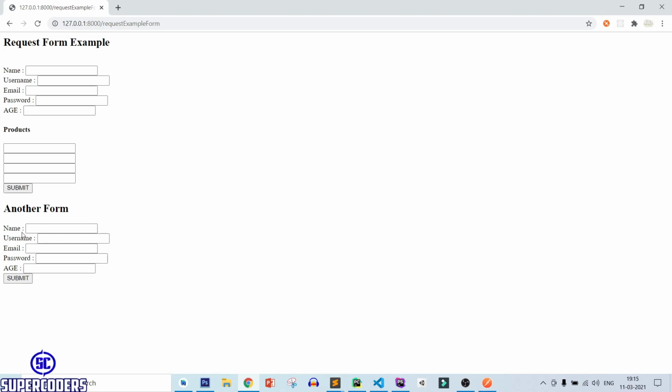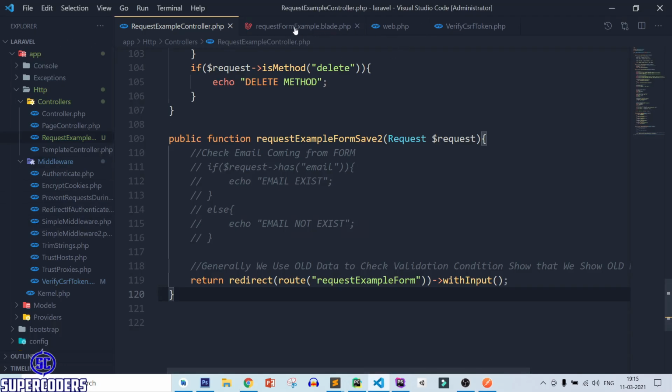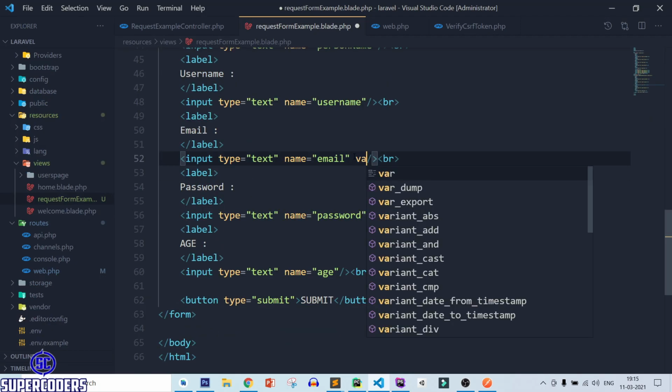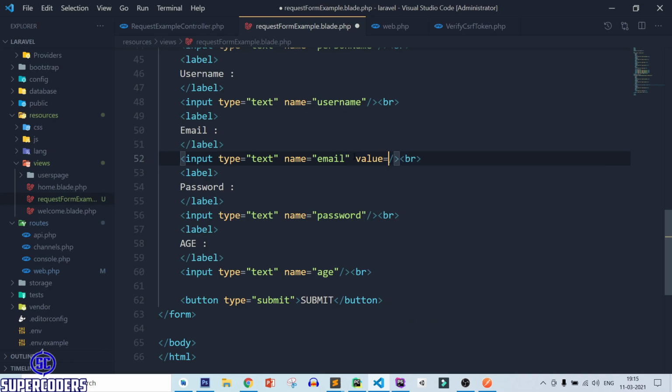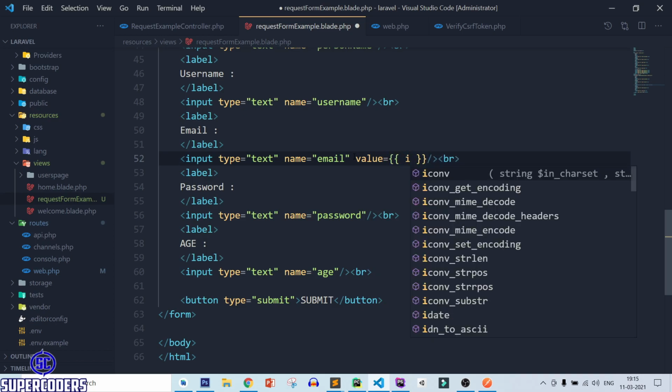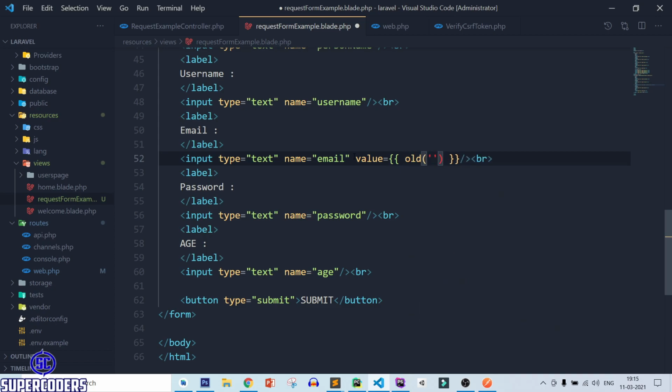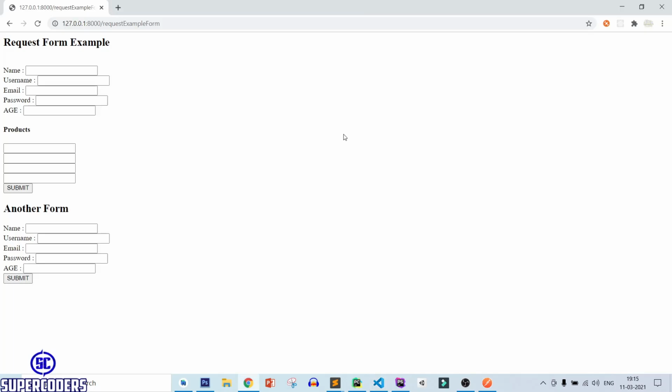But now let's see how you can access all the inputs. So for this you need to add simply like this, value equal to old, then you need to pass the key name, and here our key is email. So save it and let's check.